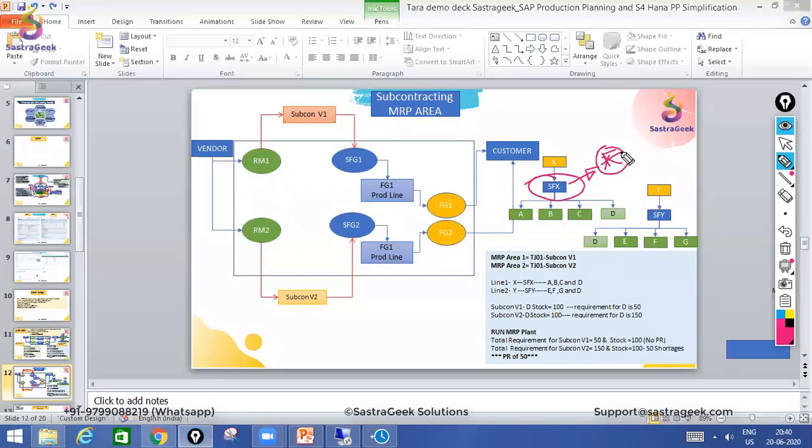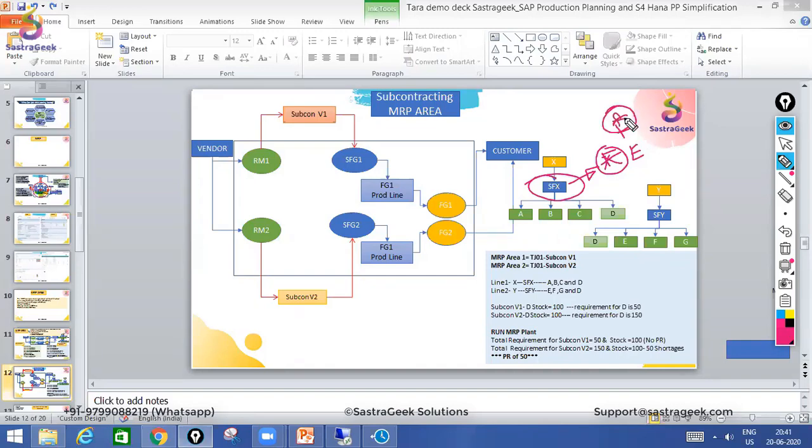Okay. The system will create a purchase requisition instead of creating a planned order. Before that, there was my production line, and at that time I was supposed to manufacture it, so my procurement type was E. That means I'm supposed to manufacture it. Now, since my production line is in breakdown, or I'm not going to produce this material again, I will change the procurement type of that material to F. In that case, the system will create a purchase requisition.